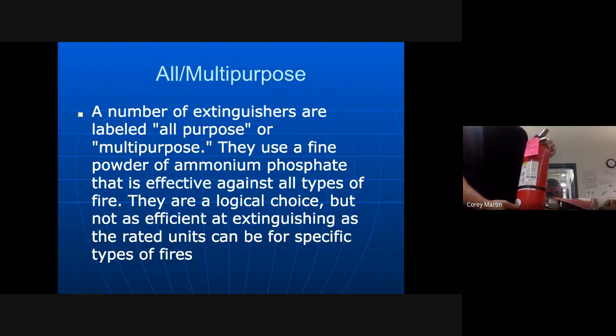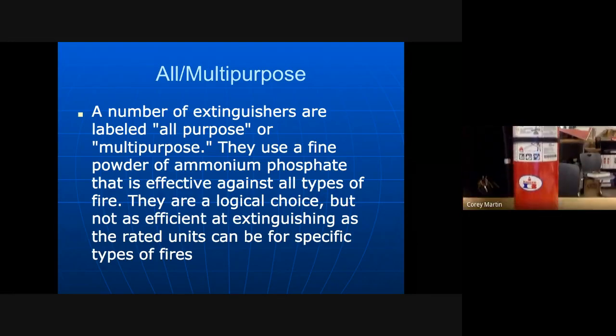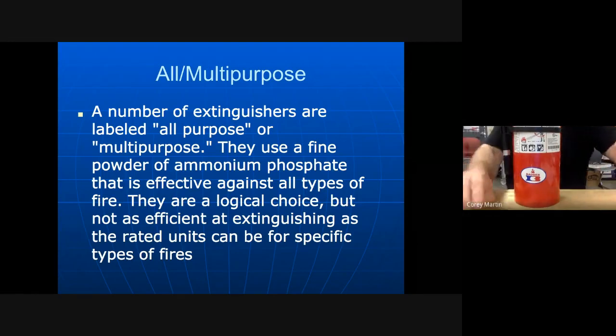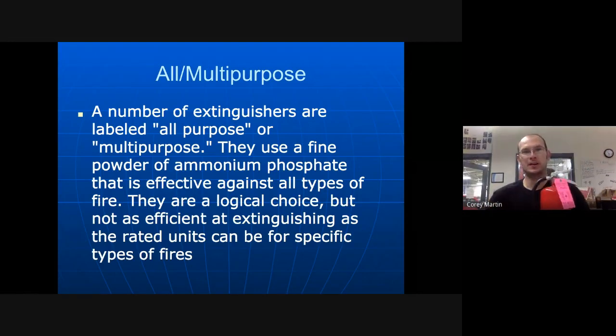And just for reference, here's one right here. Okay, so hopefully the camera is capturing this, but we got basic instructions and then we have our 3 symbols. So this is a multi-purpose extinguisher. Now something else to look at. Part of the monthly safety inspection is looking at these extinguishers and making sure that they're in good shape. So each one of them has this tag, it's punched out. Fire extinguishers have a little gauge on them. And if you look at this one, the needle is very, very close in the middle of that green.